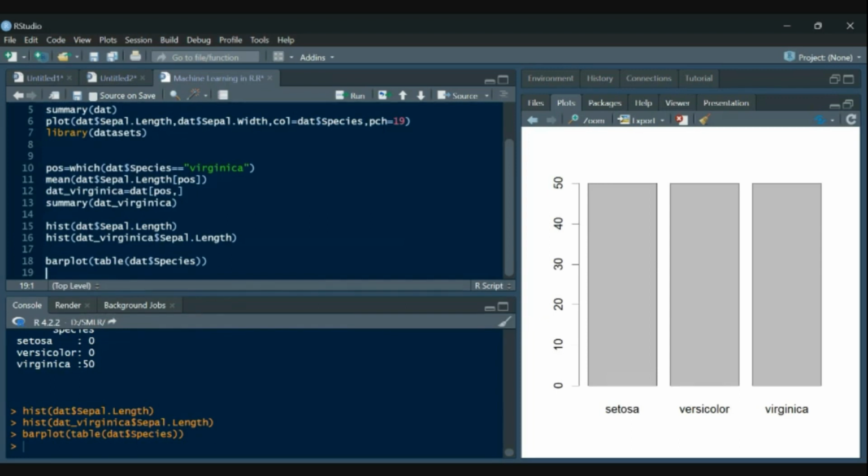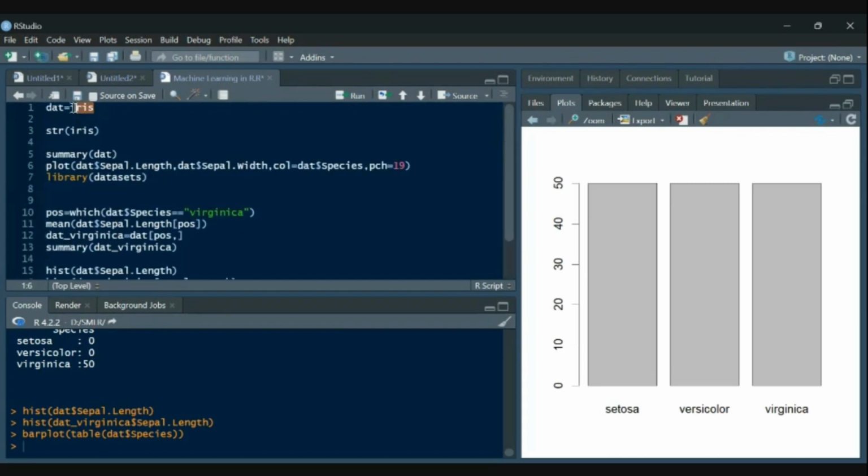Somebody wants to say something? Hello, madam. Yes, ma'am. Can you please explain, we are getting the outputs, but when to use dollar and when to use the dot, or any other symbol, underscore, like that? Dollar, I have understood: from the data, if you want to extract that particular column, you use the dollar symbol. But specifically when do we use dot and underscore, can you explain? Okay, okay. Just a minute.